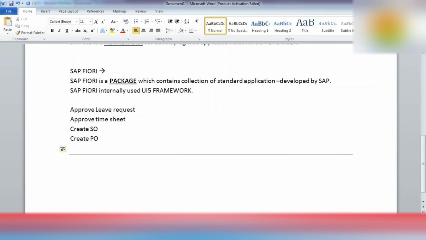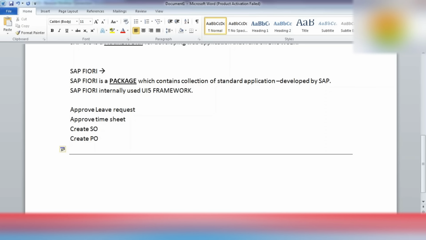There are a lot of standard classes, methods, events, user interface elements, controls that have been delivered by SAP to develop our custom web application. So let me just write it down here.